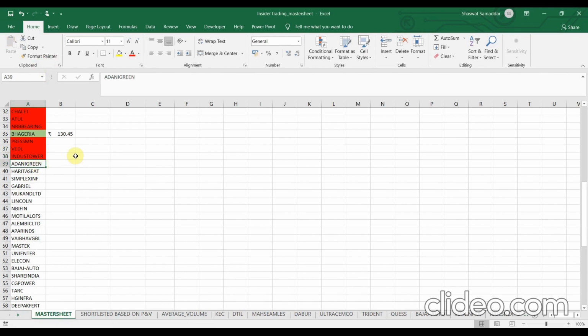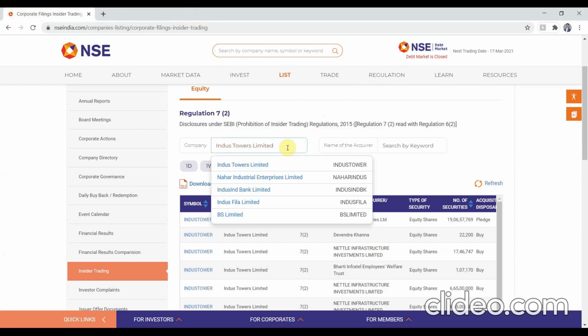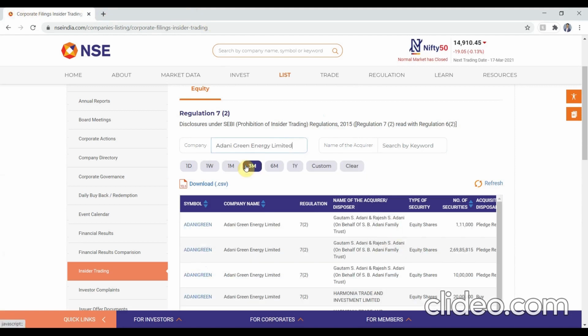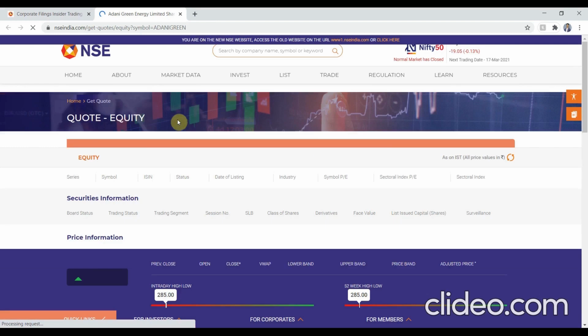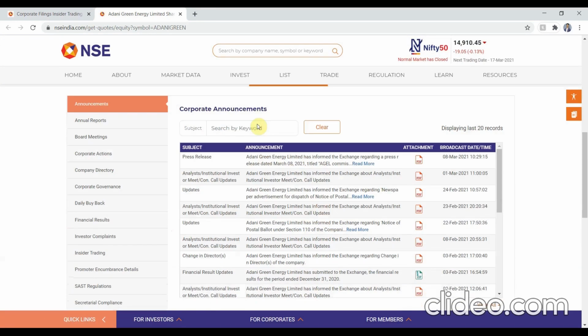Okay, next on our way is Adani Green. We'll go to the tab right here. We'll paste it, Adani Green Energy Limited. Click on the symbol of Adani Green. Okay, next locate the corporate information.